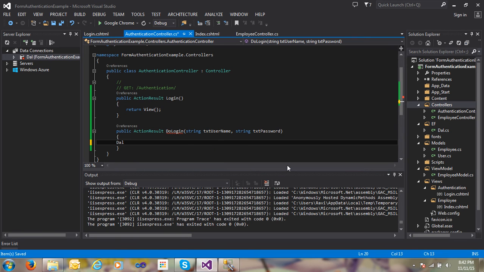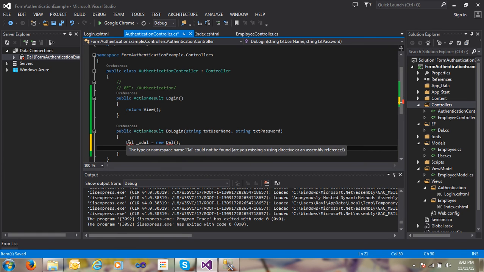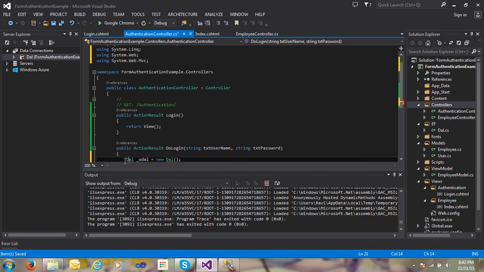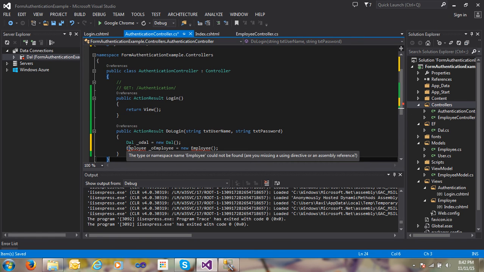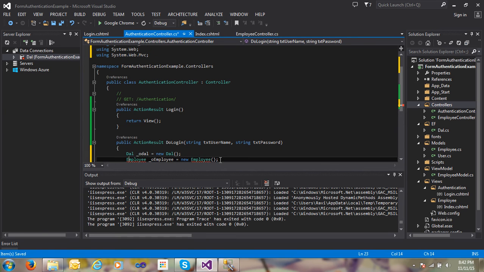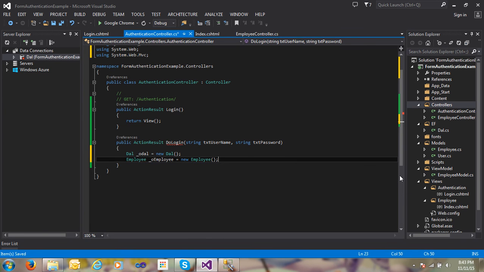After that I am creating a DAL object here, and an Employee object also here. That's it. And for that I add a reference for the DAL Entity Framework namespace, and for Employee I am using a model reference. So just, okay. After that I need to pass a query here, so I'm creating one query,